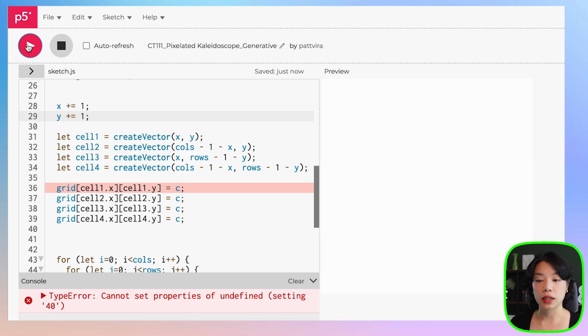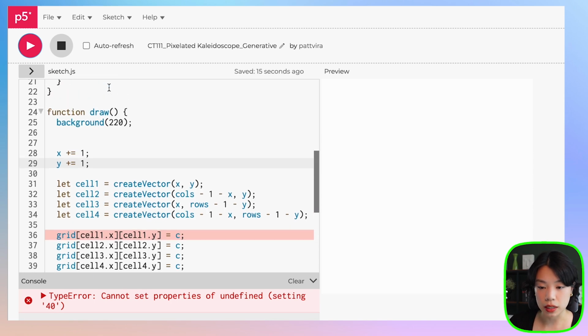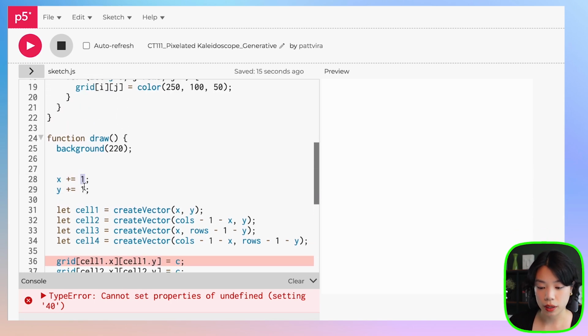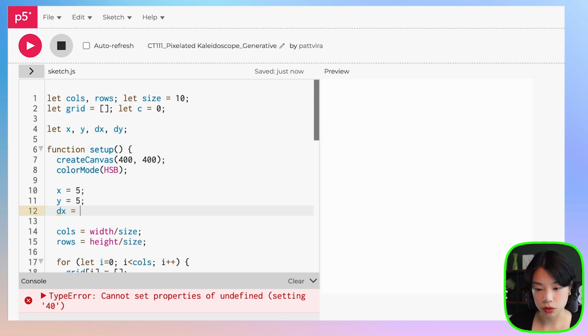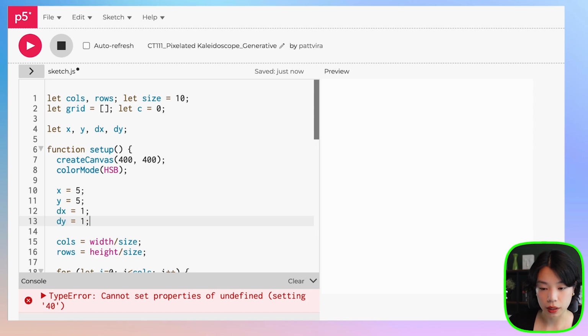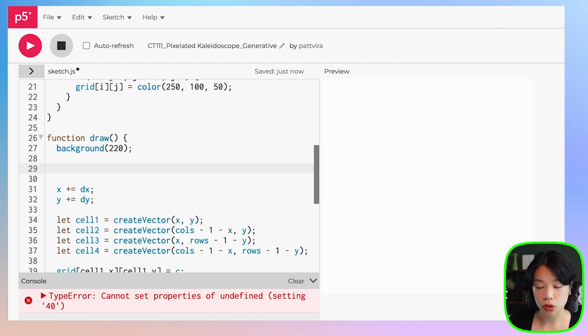Which is where the locations of the index are outside of the grid. So what I want to do is, first, instead of setting 1 and 1 here, we're going to create variables called dx and dy to be the change in the x location and then the y location. So how about we set it equal to 1 here and 1 here. But then we want to also use a conditional statement that says if x plus dx is less than 0, so if it's outside of the grid, or x plus dx is greater than columns,